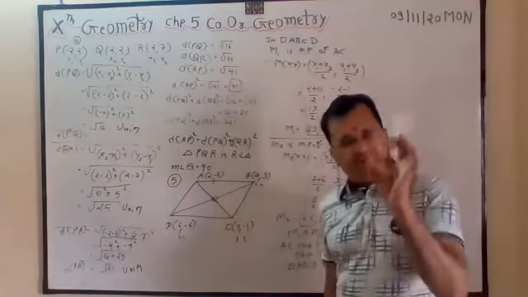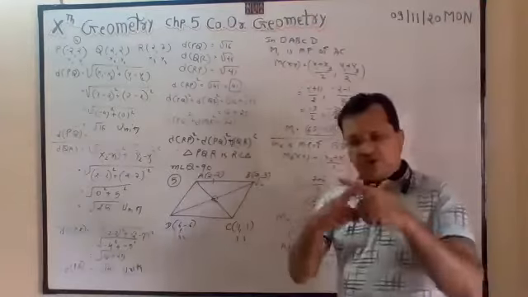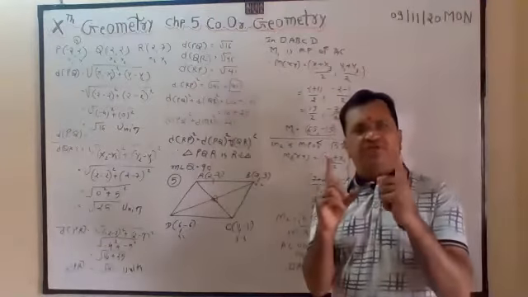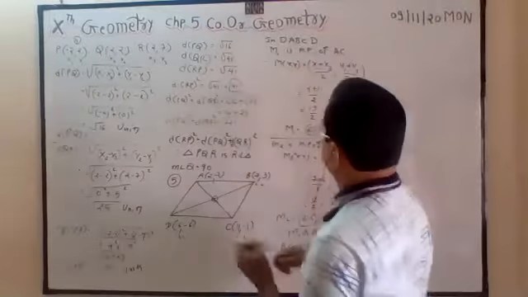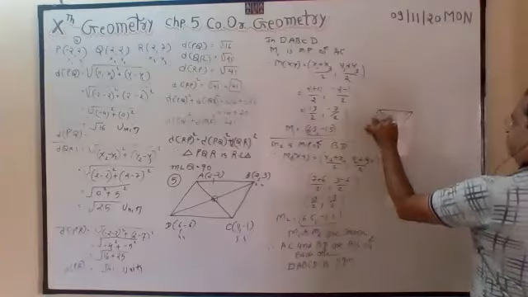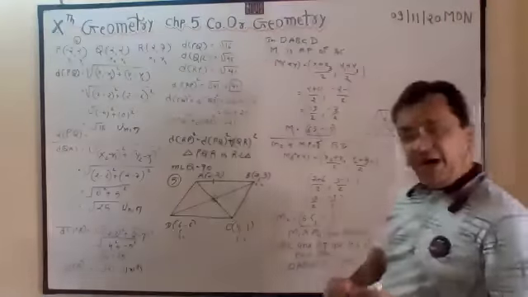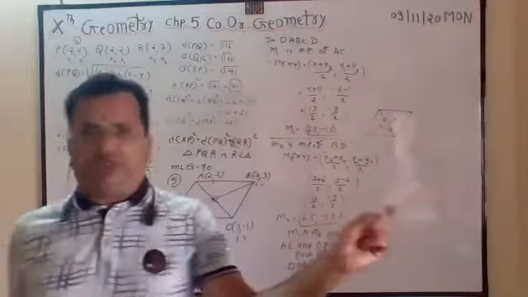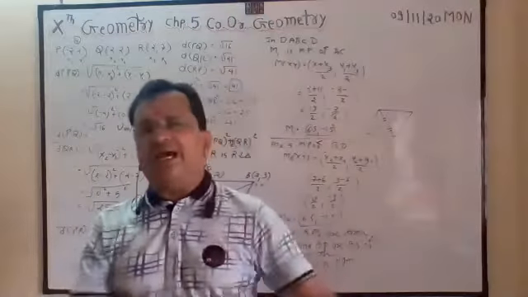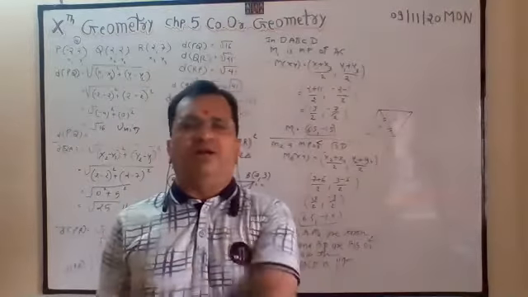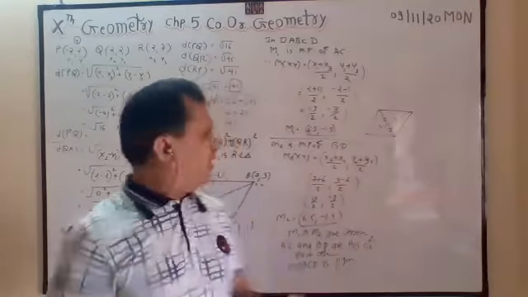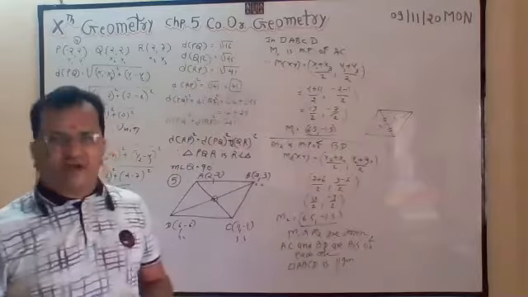Now A to C, find the midpoint. From this to this, find the midpoint. And both the midpoints are the same single point, M1, M2. M1, M2 are equal. In any quadrilateral, if the diagonals are bisectors of each other, this diagonal cuts that diagonal into two equal parts. When both the diagonals are bisectors of each other, it is a parallelogram. So we are using the property of a parallelogram. Opposite sides are also equal, then it is a parallelogram.